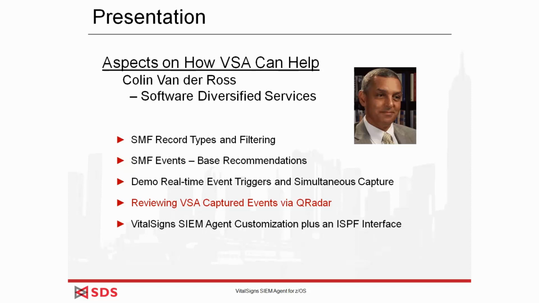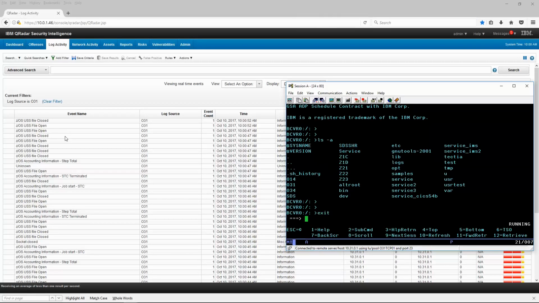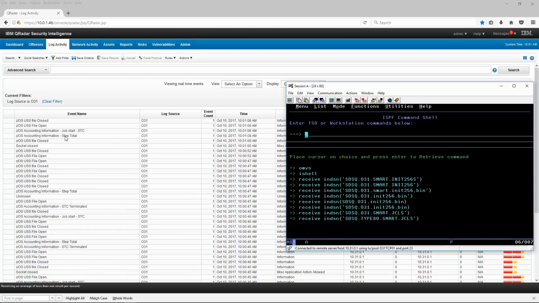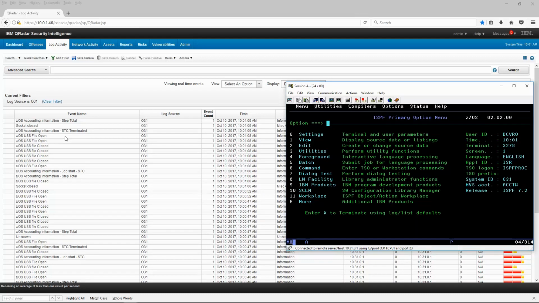Thanks everyone and welcome to our webinar today. I've got QRadar set up at the moment in real time, so I'm going to have to go view some historical information. So we'll go back for the last 15 minutes and then just look at a few of these events. And then after that, I'll go into some of the configuration items on VSA, show you some of the stats and also how you can configure events on